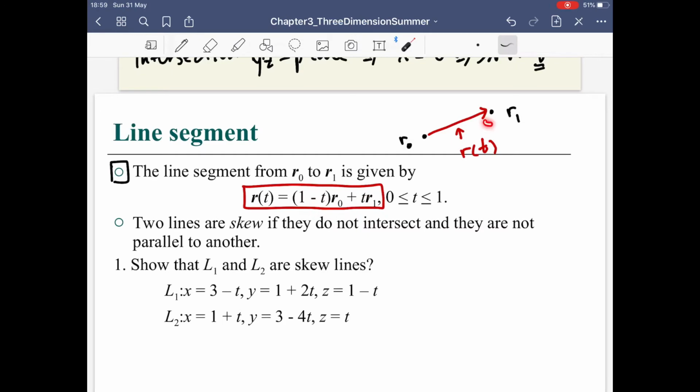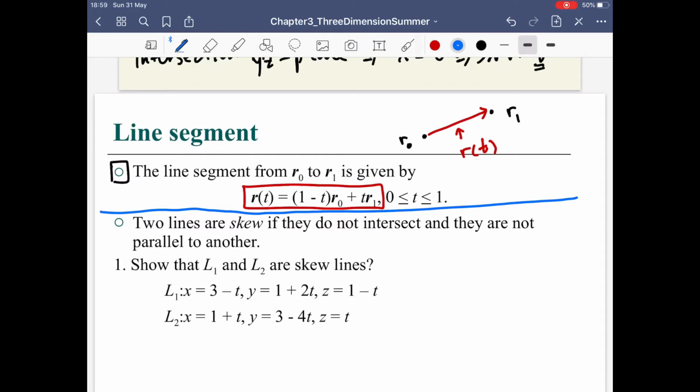So you got your terminal point R1. Okay, this one is just something for you to look at, and it will be useful later on. Okay, another concept about two lines in three-dimensional space